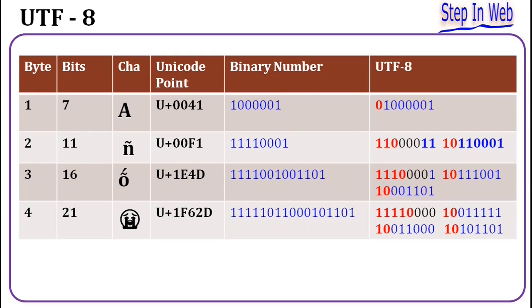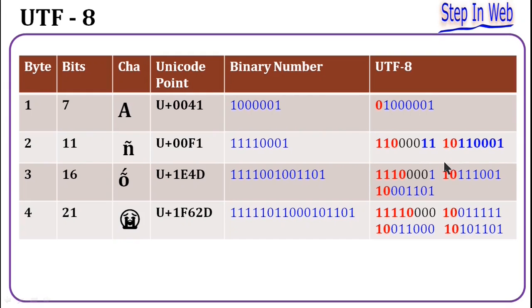Like that, they accommodate all the numbers developed for ASCII or ISO in the 1-byte system itself, and other characters started to add a second byte. Suppose a Latin character shown in the image, it will be accommodated in the 2-byte system. In the 2-byte system, it uses only 11 bits for character storage, and the other 5 bits are used for the Unicode identification. You see here 2 bytes are there.